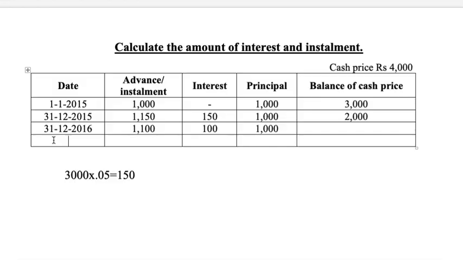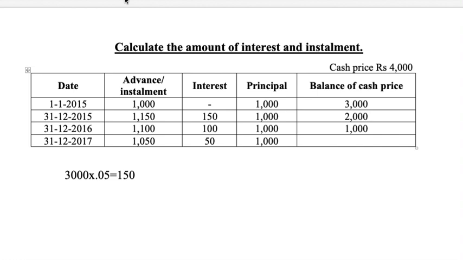Now the next installment he is going to pay on 31st 12 2017, right? How much would be the interest amount? The interest will be 5% on the balance, which is 2,000 minus 1,000, that is 1,000, right? So on this 1,000 he is going to pay 5% interest. 5% of 1,000 is 50 rupees, and then the installment is 1,050, and the principal amount will remain the same, 1,000, right?